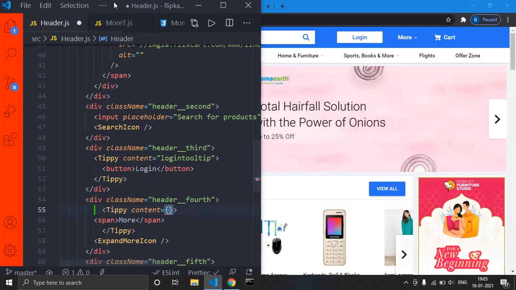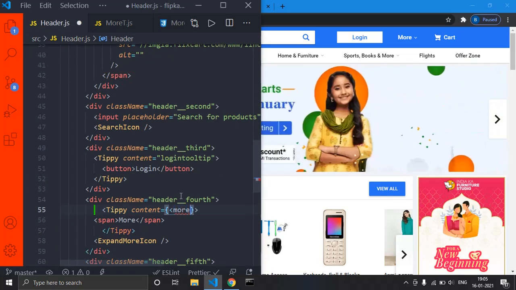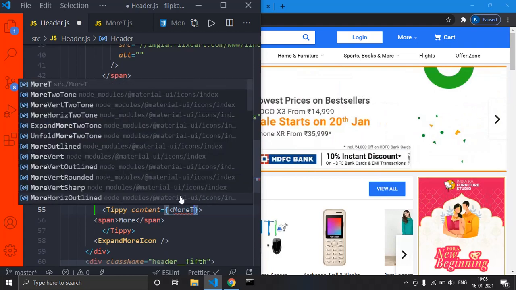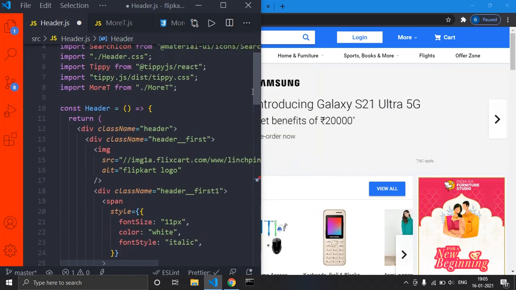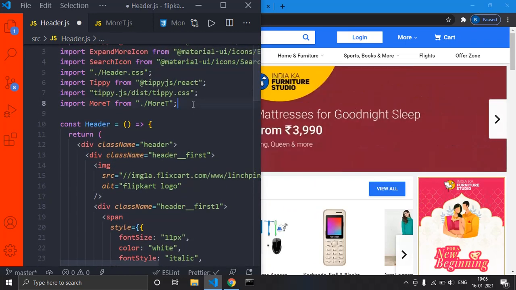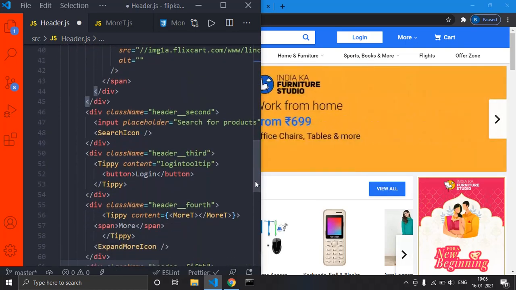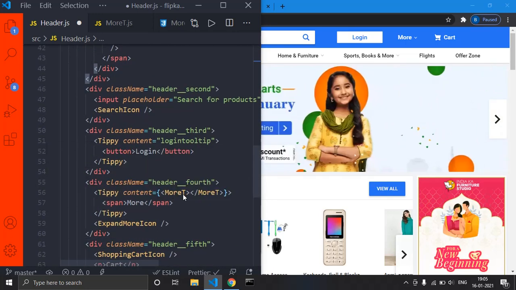Okay, what component? This more t component. In order to use any React component we know we use it like this, more t. I'll just click enter, and it is automatically imported. So make sure that you import that component and give it in the content prop, and just click Ctrl S, save.